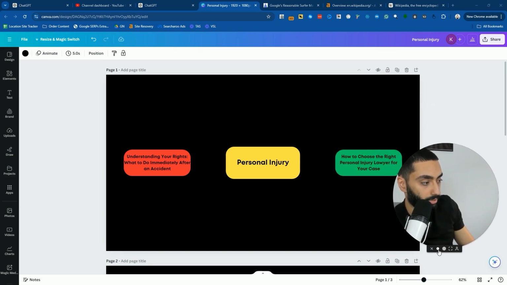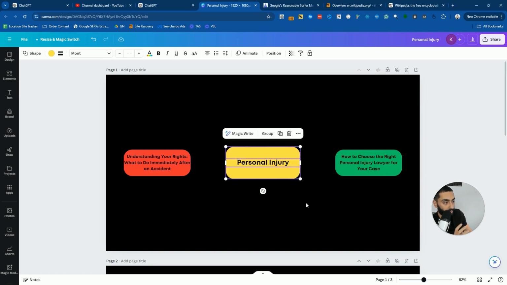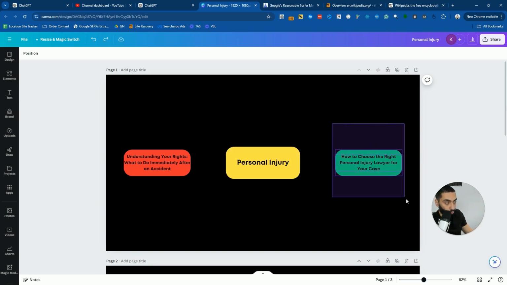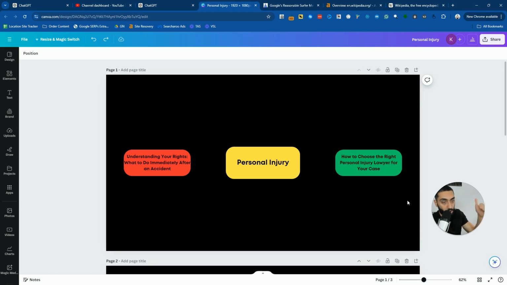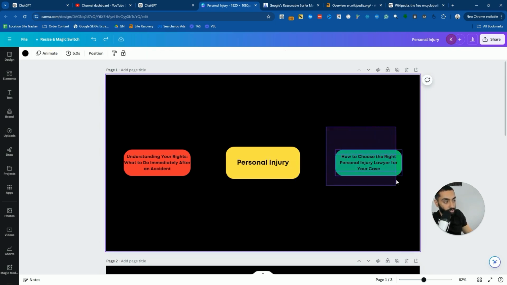Now, say somebody searches personal injury lawyer, and a lot of people then have a secondary search. They complete search number one, and the second search they have is how to choose the right personal injury lawyer for your case. If one or two websites currently ranking for personal injury in New York don't have this article on their website, and Google sees that after somebody searches for personal injury, a lot of people then search for how to choose the right personal injury lawyer for your case,